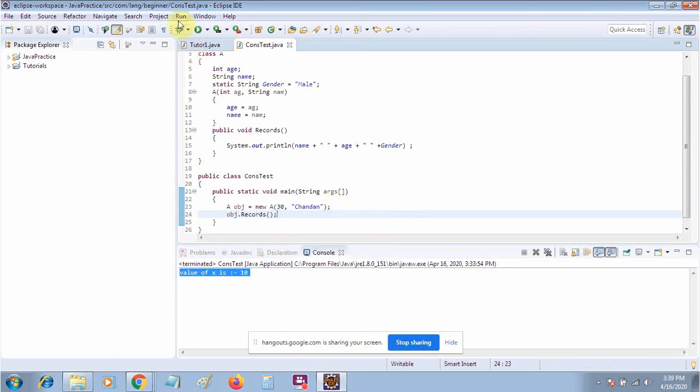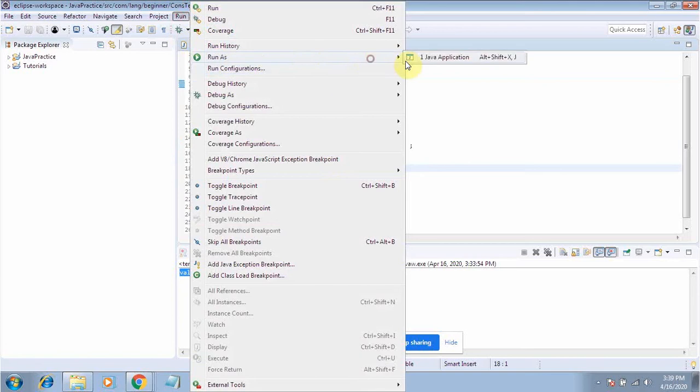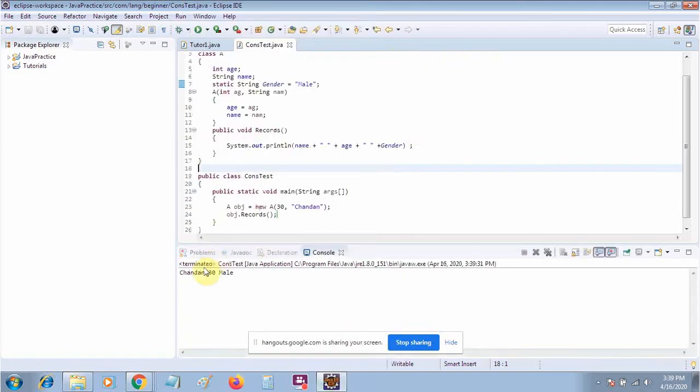Okay, now let me run this one. You will see that we are passing only two parameters, the age and name, and we are just directly calling our third parameter, and it will be called because we have created it as static. Okay, let me run this one. This has been printed.